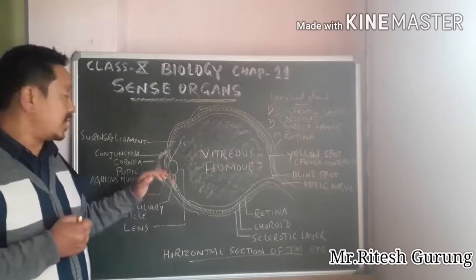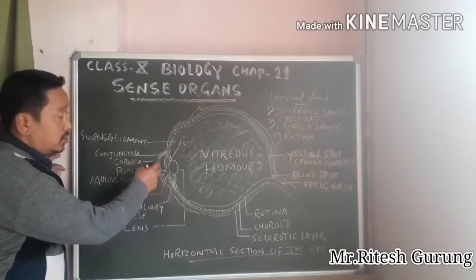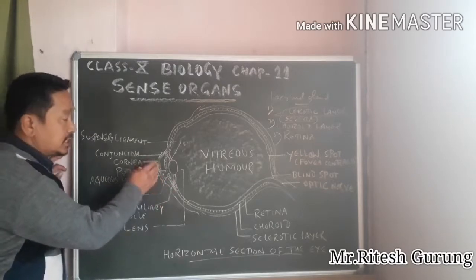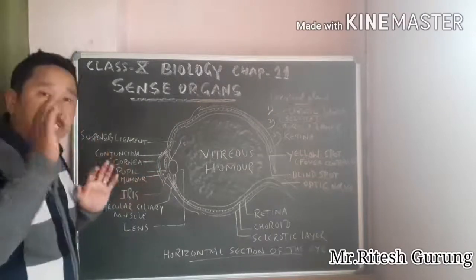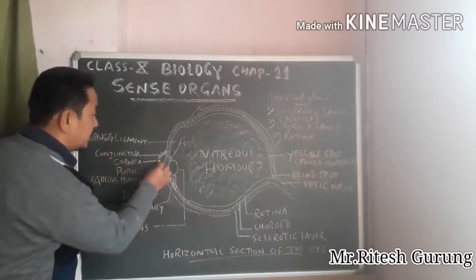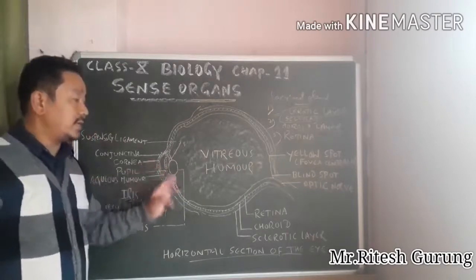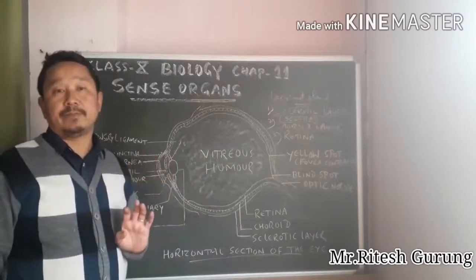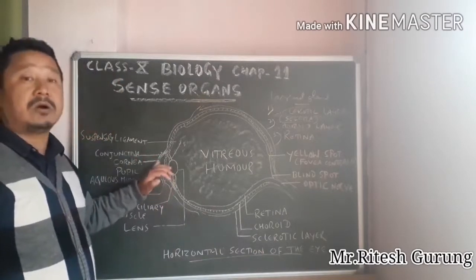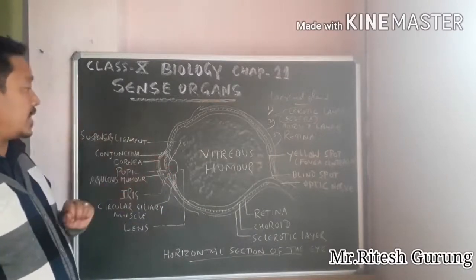And in the frontal part of this eye, you see the cornea. Here is your cornea, the colored part of the eye, which is covered by the sclera in the frontal part of the eye. So this cornea